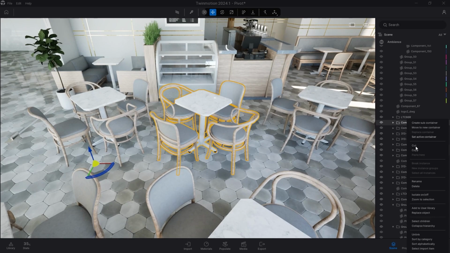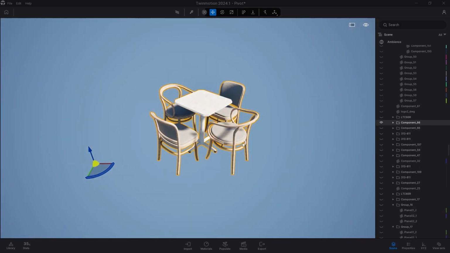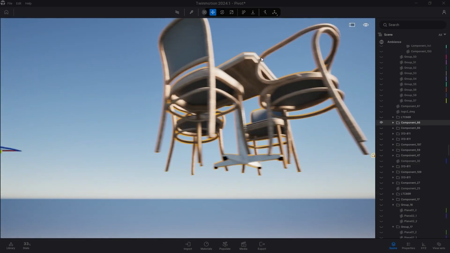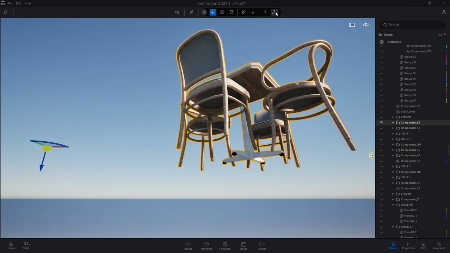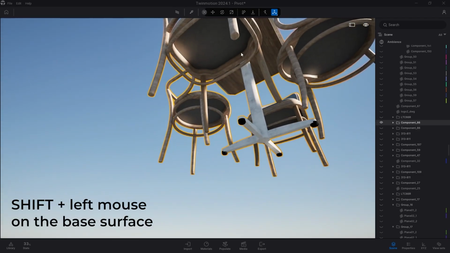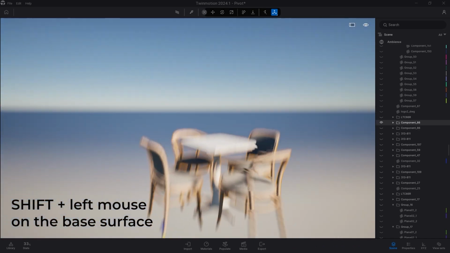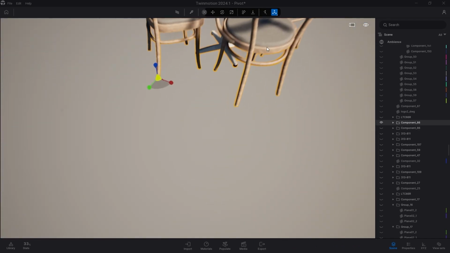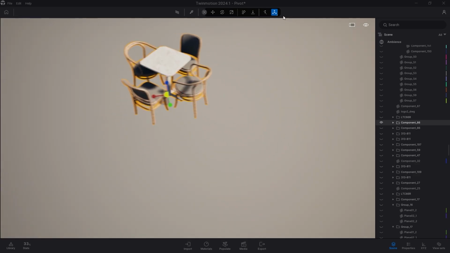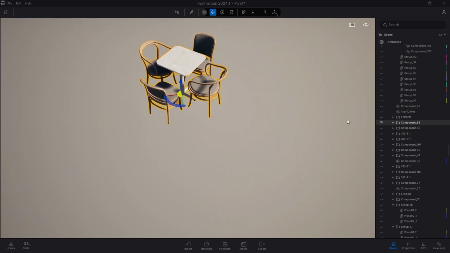Select the object and isolate it from the context, click once on the same icon as before. Note that the shape of the pivot changes. Find the point where the object will rest on the ground, in this case, the table legs. Hold Shift on the keyboard and click the left mouse button on the surface of the leg. The pivot is now positioned at the base of the object. To center it, move it using translation on the red and green plane, which is X and Y. Click the icon again to return the pivot to its original state.